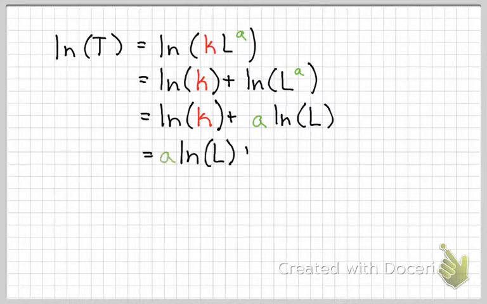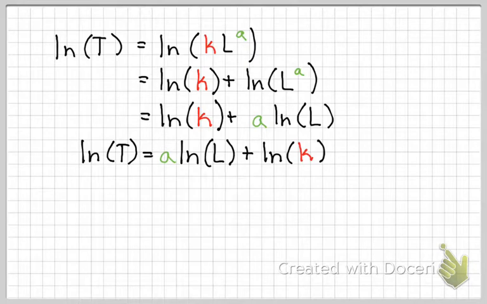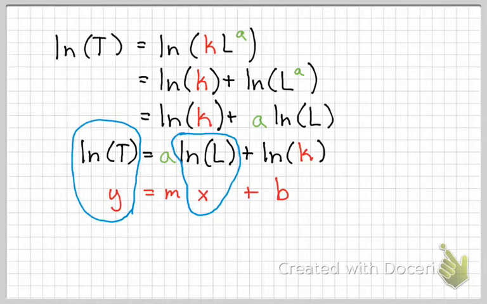And then just for fun, I'm going to rewrite it this way and put down my natural log of T. And now this should look a little bit familiar. I can now put in a y equals mx plus b. This means that I can plot the natural log of T versus the natural log of the length. And this will tell me that the power is going to be the slope of that curve, and the y-intercept is related to the constant. In this case, I don't really care what the constant is. You could figure it out if you wanted to. But what I'm really interested in is what is the power. And so this is a way of figuring out,